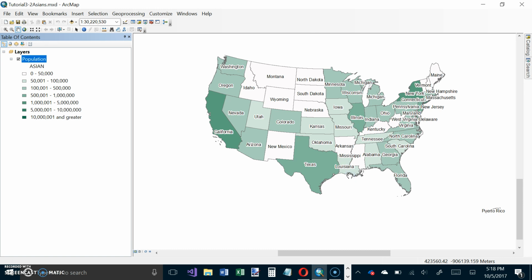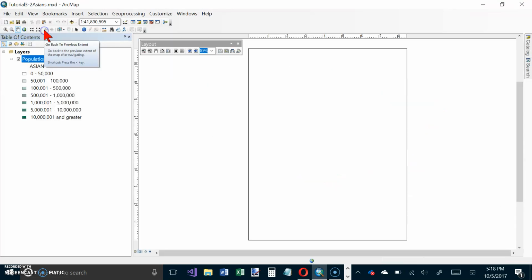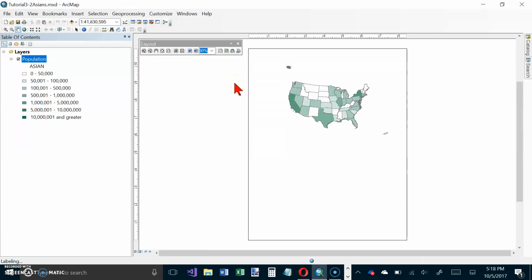And we want to verify the layout view options. Okay, so on the menu bar, click View and Layout View. Right now we're looking at Data View. Layout View is basically what this will look like if we print it. So there, it's showing us the map on a piece of paper,